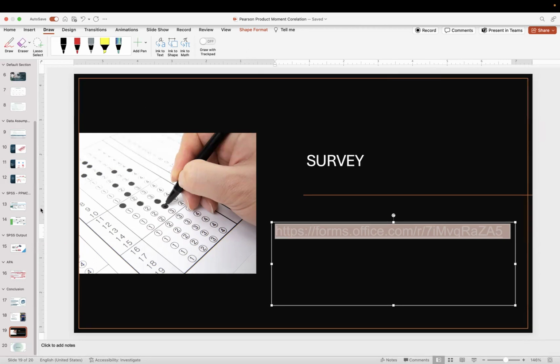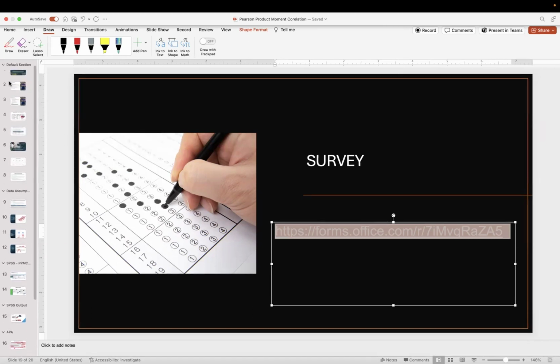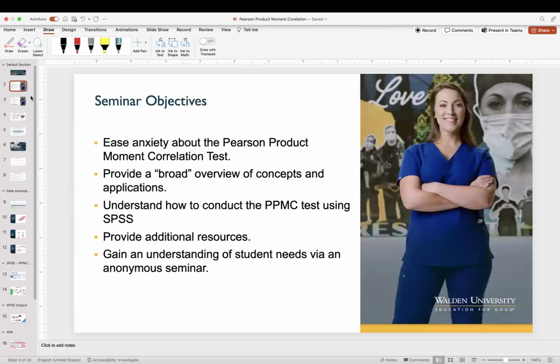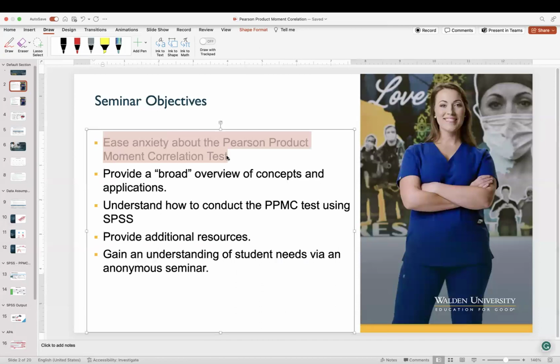Okay, so that's all that I have. And again, we definitely don't want to go more than an hour. We know that's too much information to absorb. But again, remember the major objective, and I would like perhaps even a yes or no. Did we ease the anxiety? Regardless of if you know how to do the test or can remember a single thing, did we ease the anxiety around the test? And once the anxiety is eased and we know this is understandable, I can determine what this stuff means,